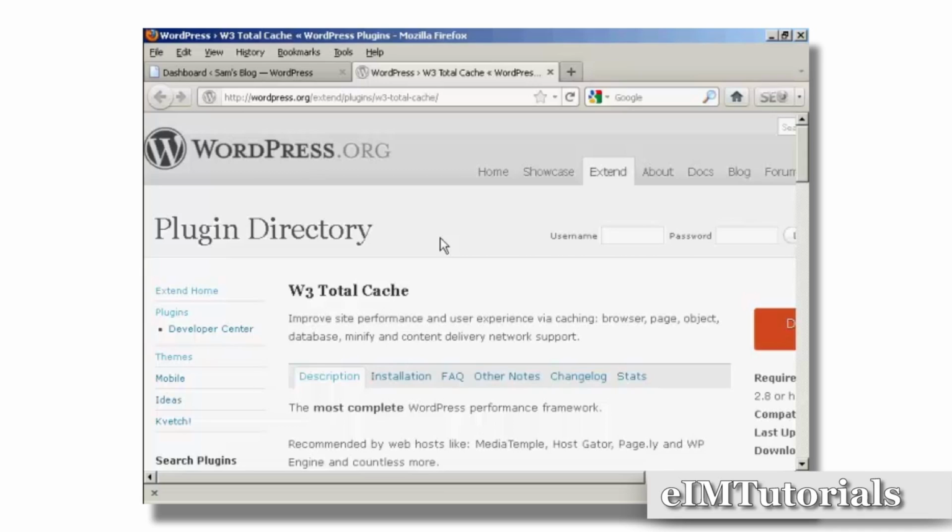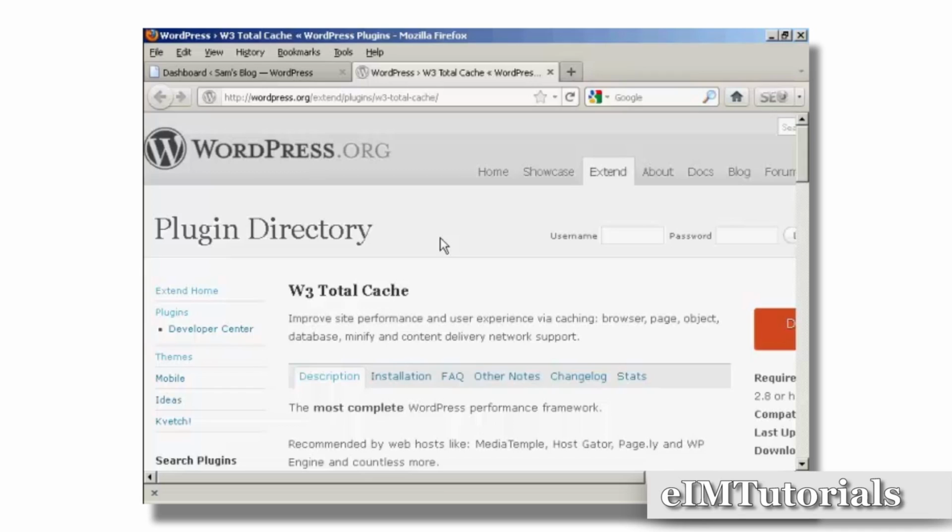First and foremost, you must make sure that any other caching plugins that you have on your blog have been deactivated and deleted. Otherwise you're going to run into compatibility problems when you try to enable this particular plugin. So make sure that all traces of any other caching plugins have been completely removed from your server. The second thing is you must make sure that the permissions on your .htaccess file are set to 755. You can also set them to 777, but I don't recommend it, especially if you're on a shared